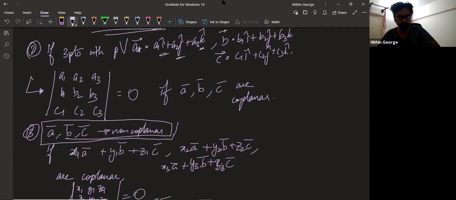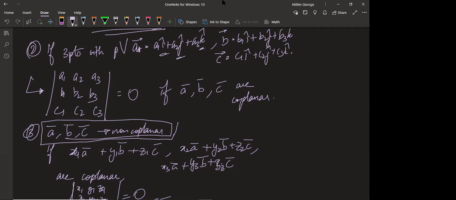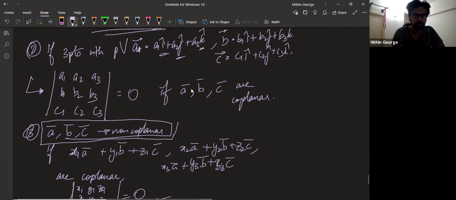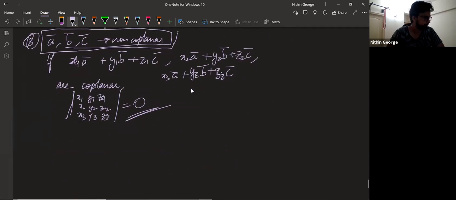It will be a linear combination of these three. Using any two non-collinear vectors, you can find any vector in that plane, just by a linear combination of these two vectors. Now, for three vectors that are non-coplanar, a linear combination of them can lead to any other point in 3D space. Yeah? So, using that logic, please understand this part.